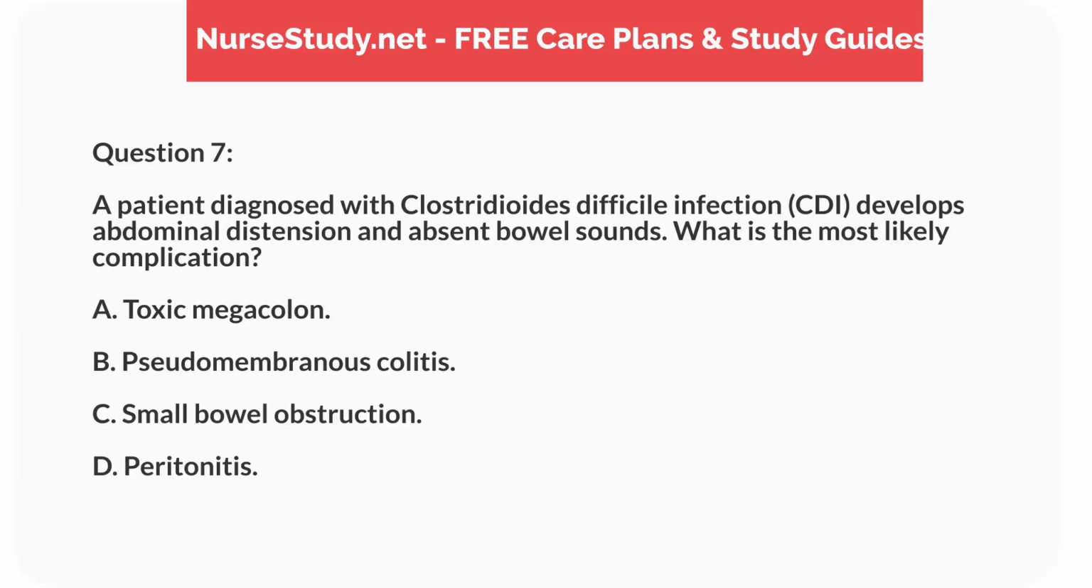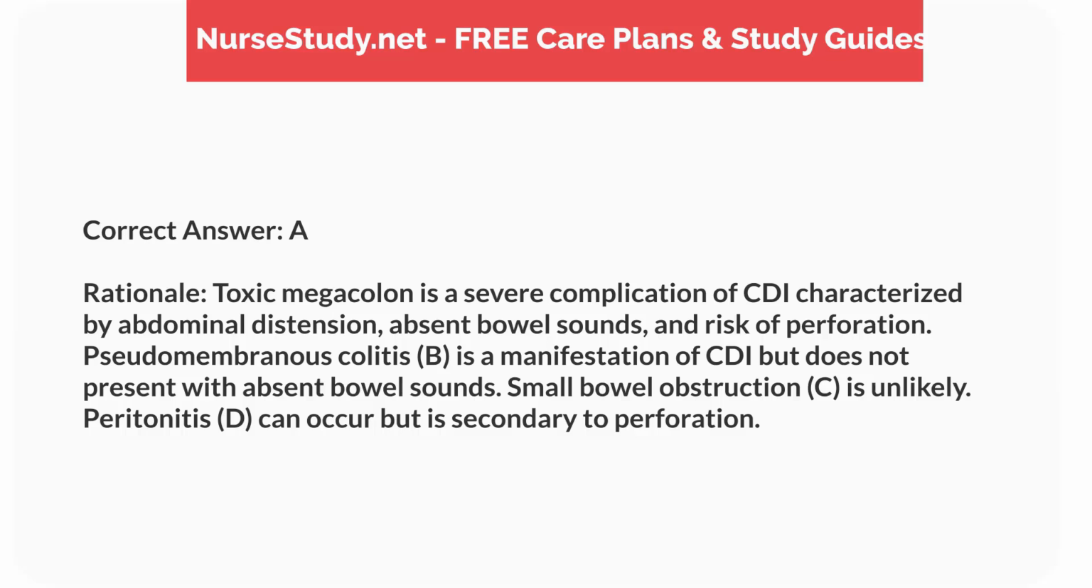Question 7. A patient diagnosed with Clostridioides difficile infection, CDI, develops abdominal distension and absent bowel sounds. What is the most likely complication? A. Toxic megacolon. B. Pseudomembranous colitis. C. Small bowel obstruction. D. Peritonitis. Correct answer, A. Rationale: toxic megacolon is a severe complication of CDI characterized by abdominal distension, absent bowel sounds,